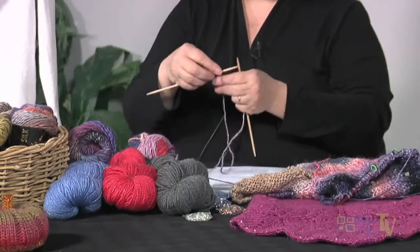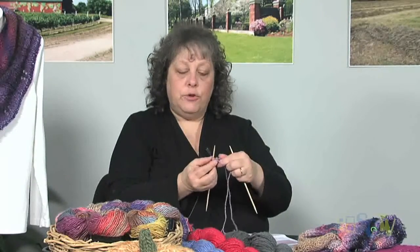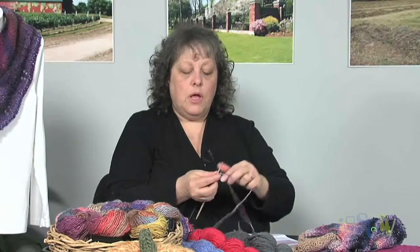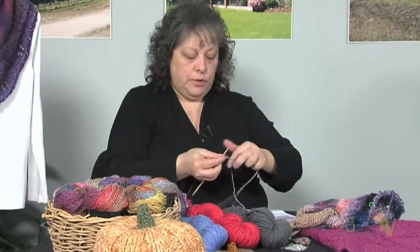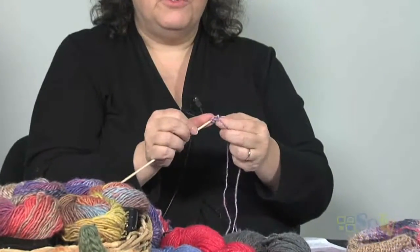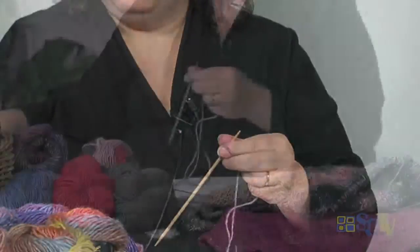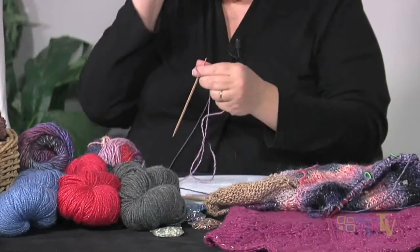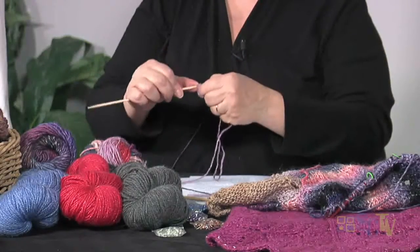Now what you're going to do is you turn your piece 90 degrees. And then you're going to pick up 3 stitches along the selvage edge. So you just go into those little garter bumps. I'm going to pull up, and I'm actually going to put my glasses on so I can see what the heck I'm doing here. There we go, better. Okay, so I pull up 1 stitch,